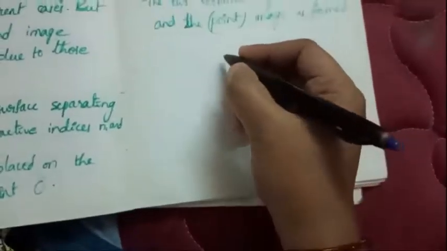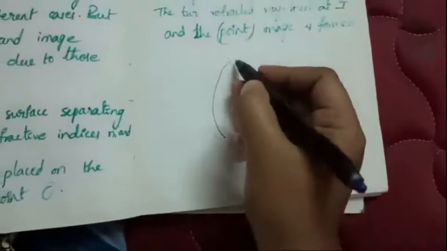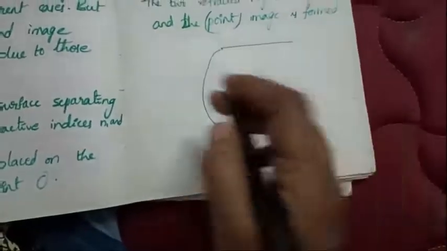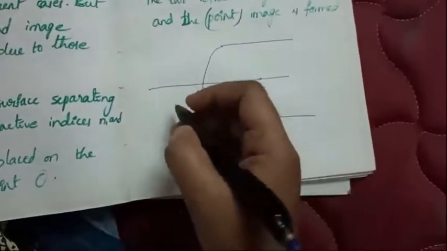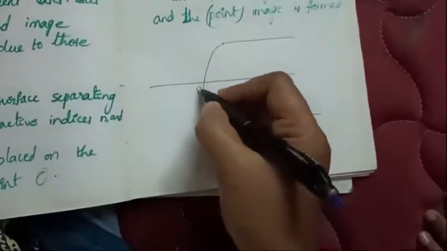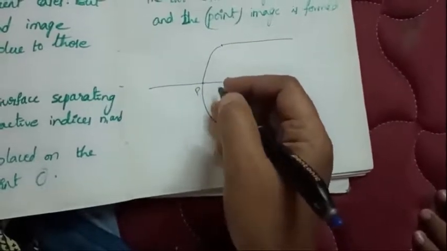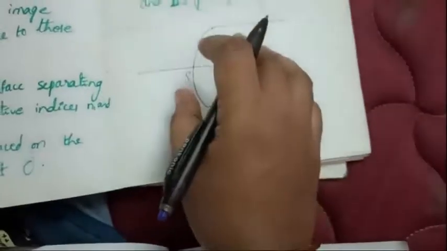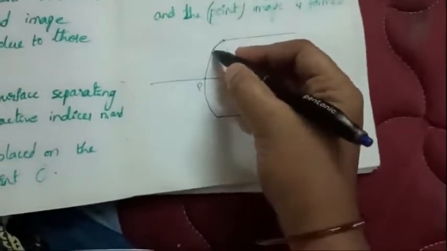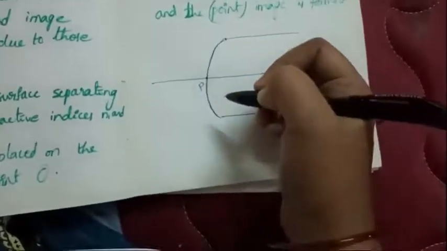How can we draw ray diagrams and understand image formation? For that we need this, children. Here I am drawing the diagram. Consider a curved surface, denser medium here, rarer here, and this is the center of curvature, and the pole we know. So here consider a curved surface separating two media of refractive indices. Here I am taking a convex surface, children, a convex surface.